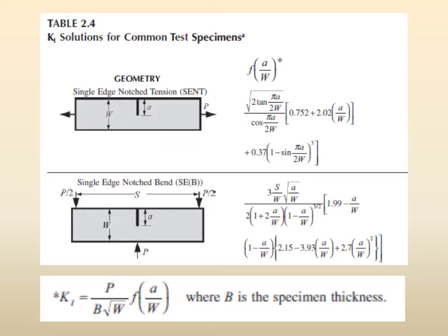So first we are showing you the table. Remember that this was SENT, single edge notch tension, and this was single edge notch bending. So there is a single notch, but the 3-point bending, 1 load, 2 load, 3 load, this 3-point bending. So this specimen is used, because when this will be there, then this crack will open, right? This crack will open up, because this is pulling this way, this is pushing this way. So this crack will be opening, right? Opening. So that is what we want to measure.